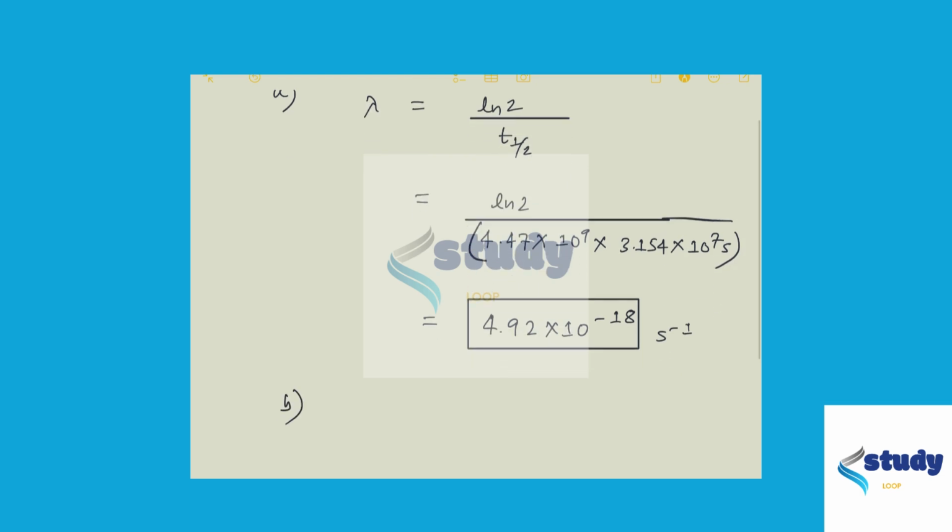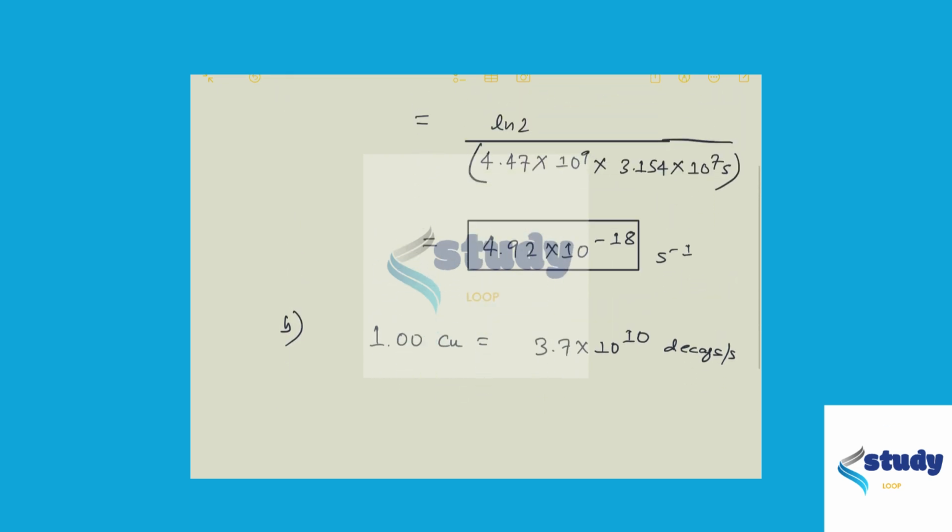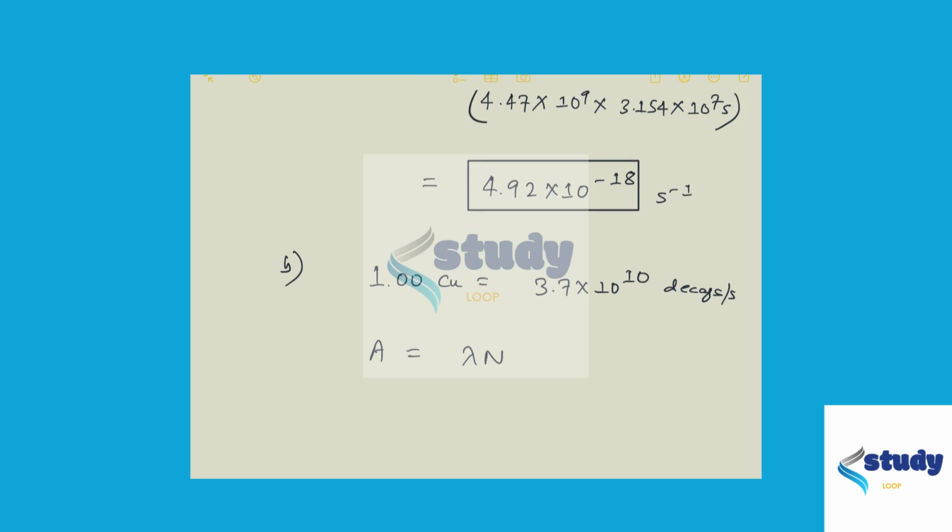Now for the second part, we have to find out the mass of uranium which is required for an activity of 1 curie. Now we know that 1.00 curie is equal to 3.7 times 10 to the power 10 decays per second. So the activity is 1 curie, and activity is equal to lambda times the number of particles. So the number of particles will be activity upon lambda,